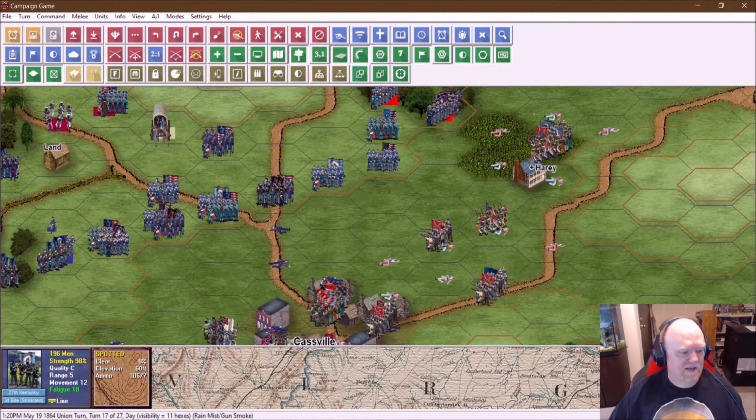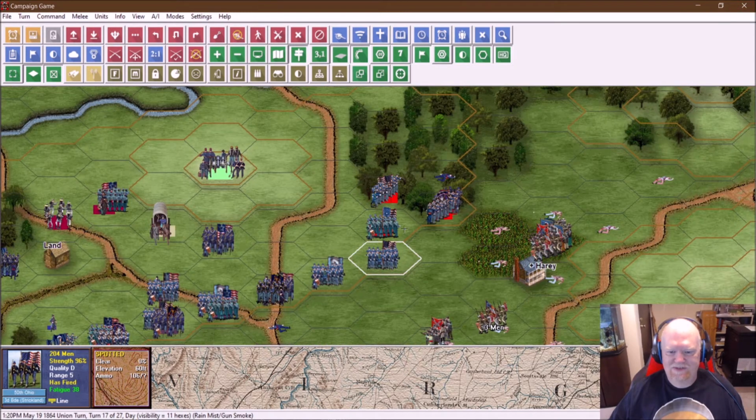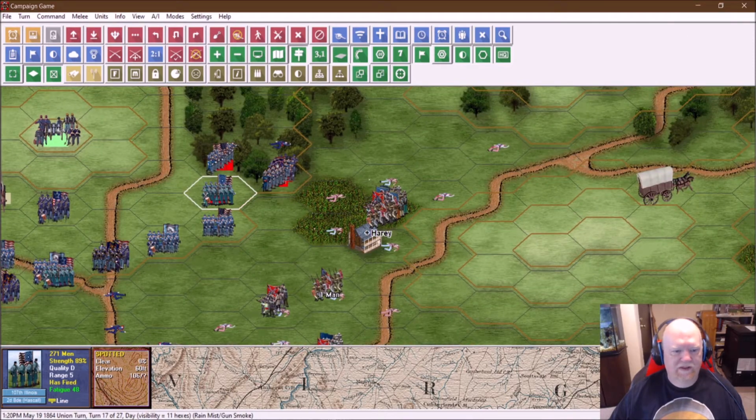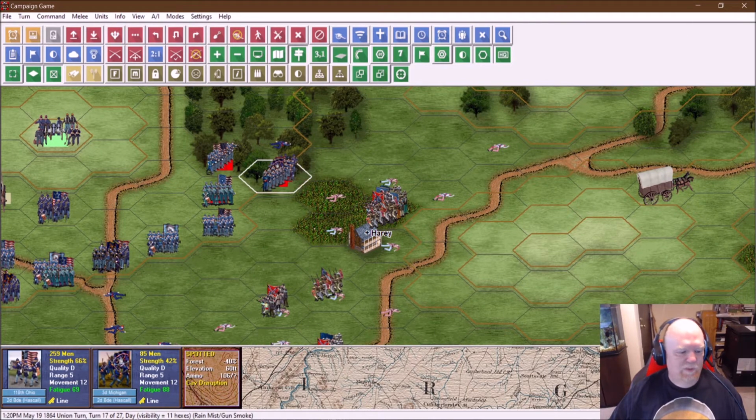So yeah, but like I was saying, if the rebels really wanted to push me off this hilltop, they probably could very easily. So I'm kind of glad they're in defensive position, because the longer they're in defensive position, the better chances Hooker's Corps, the 20th Corps, has of coming up on their flank. And once I show up on their flank, it's...